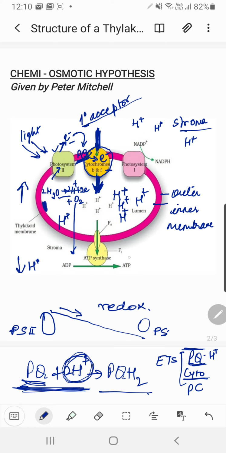How will this hydrogen be taken out? This will be given out through this ATP synthase. I have already told you about this ATP synthase. It has two complexes, two structures, F0 and F1. F0 is basically a channel protein embedded in the membrane, and F1 is acting as the enzyme ATP synthase. When hydrogen comes out through this F0 and F1 complex, it is given out as facilitated diffusion, right, through the channel